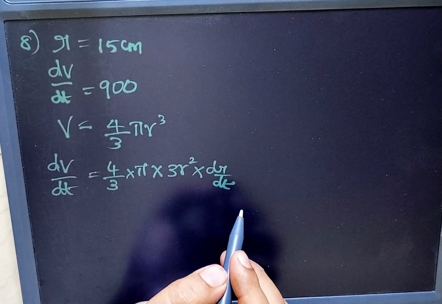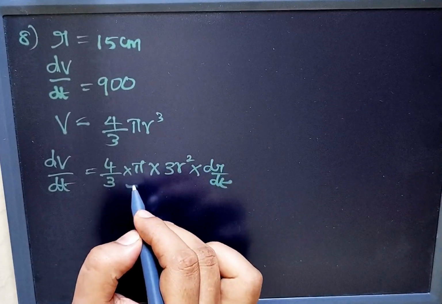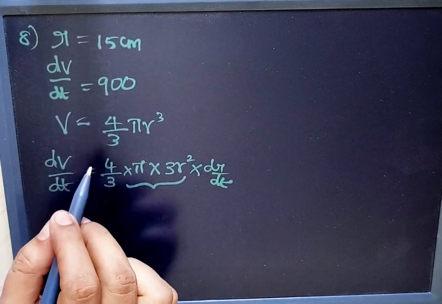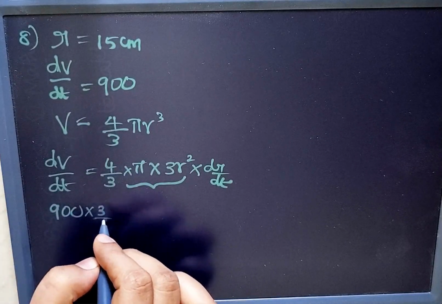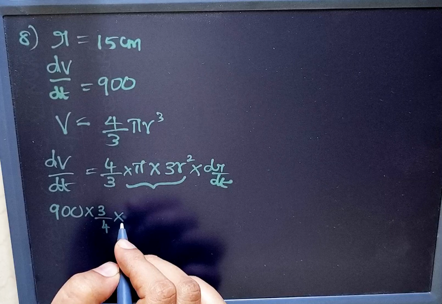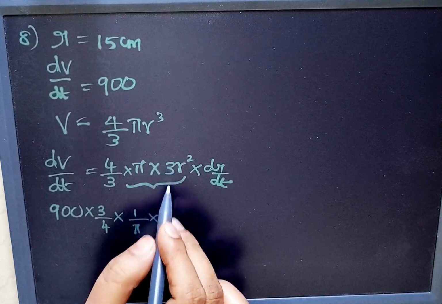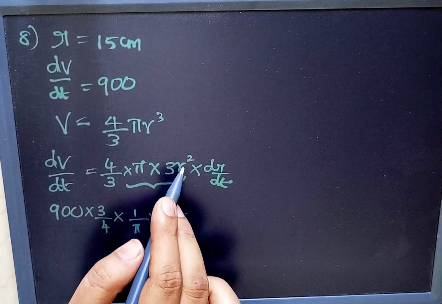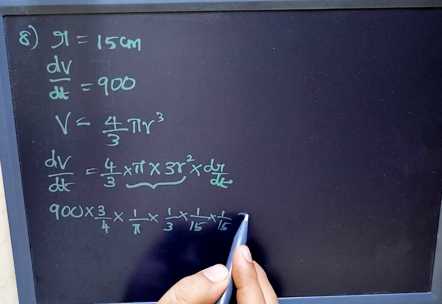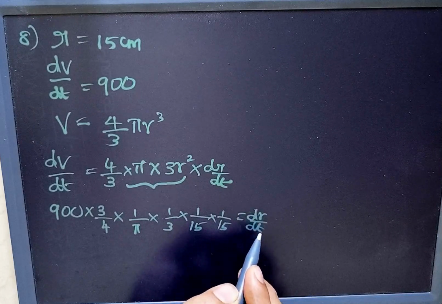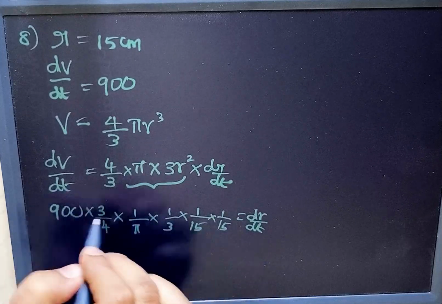They have asked to find the rate at which the radius of the balloon increases. We need to find dr by dt, so we'll take all these values to the left side. dV by dt is given as 900. 4 by 3 will be 3 by 4. And pi value it will be 1 by pi. Into 3 it will be 1 by 3. Into r square it will be 1 by r square. We have 15 into 1 by 15 equal to dr by dt. So cancelling, we get